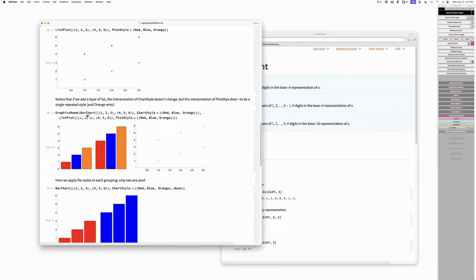Okay, well, I'm looking at this example here. So this is saying red, green, and red, blue, and orange apply to the individual elements here, right? Correct. Whereas in plot style, they apply to the curves, and I don't actually understand why I'm not seeing a red and a blue here. Oh, because that's a sublist there. Right. So if I were to do this,